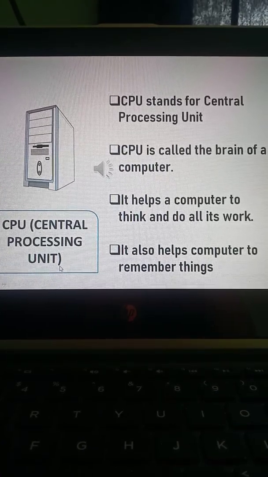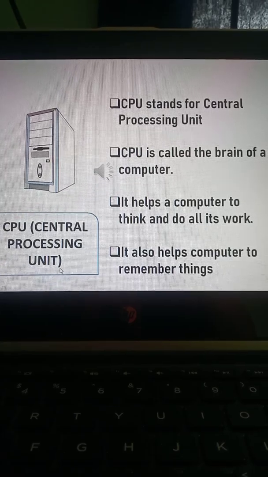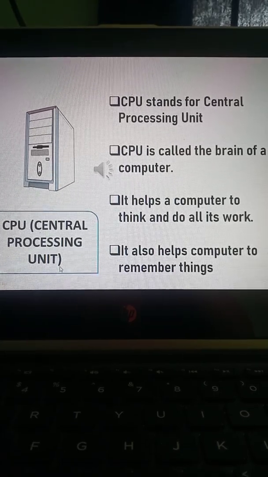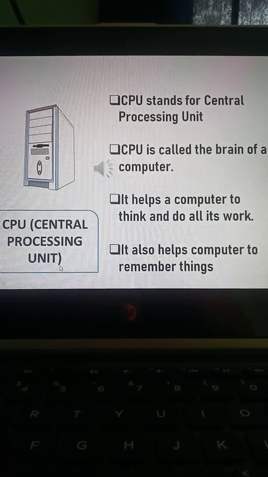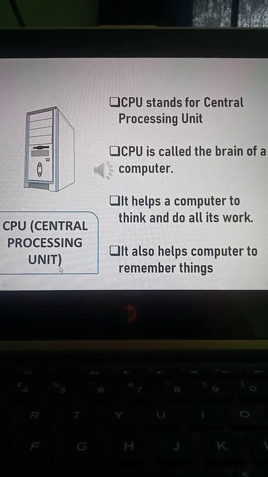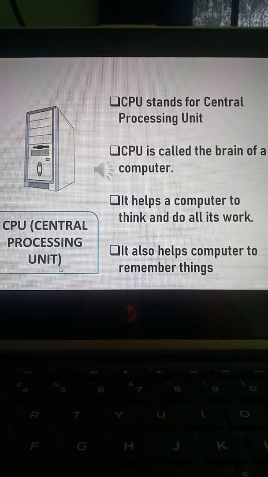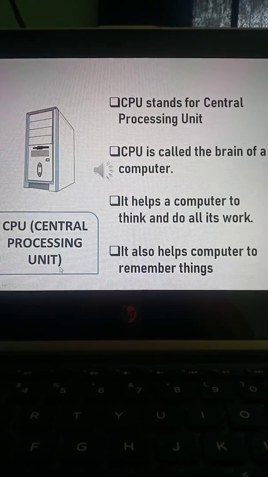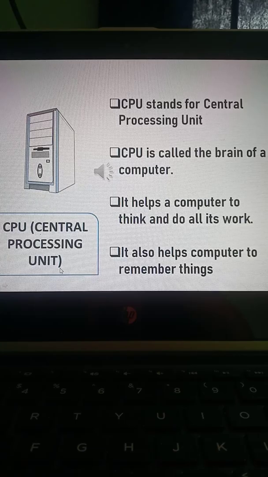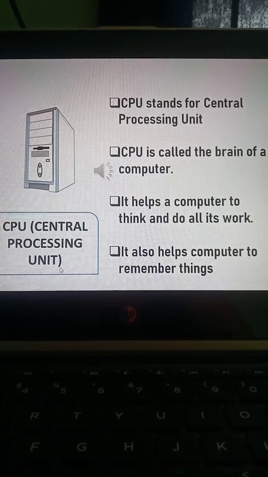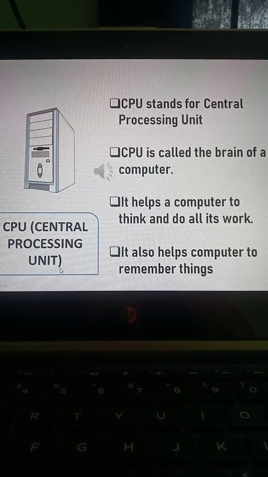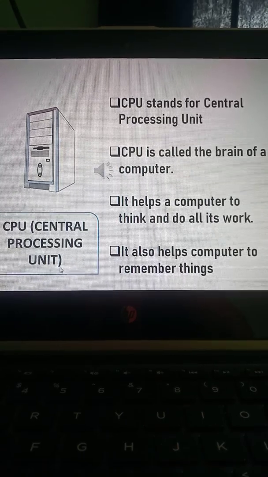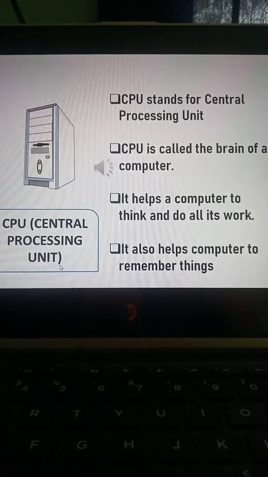CPU is the brain of a computer. Like our brain helps us to think and to do all the work, in the same way CPU also helps the computer to think and to do all its work. Okay, so CPU full form is Central Processing Unit, and it is the brain of a computer. Now come to the next page, that is page number 15.